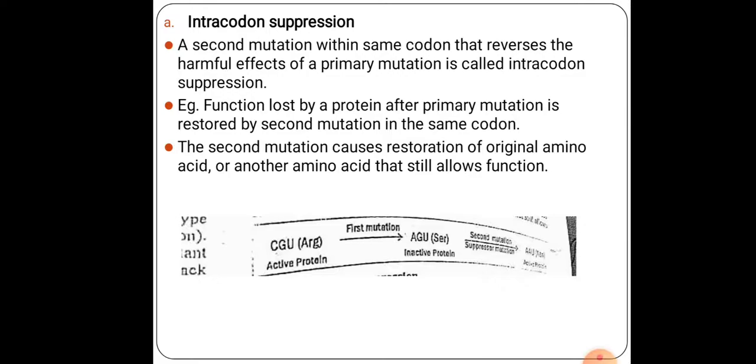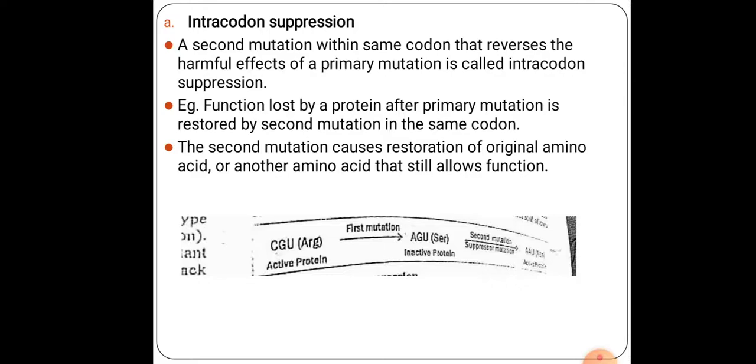So we will start with the first one under intragenic separation, that is intracodon separation. Intracodon means within the same codon. A second mutation within the same codon that reverses the harmful effect of the primary mutation is called intracodon separation. Intra means within the same codon. A second mutation within the same codon will reverse the harmful effect of the first mutation. For example, function lost by a protein after primary mutation is restored by the second mutation in the same codon. By the example we can see here,